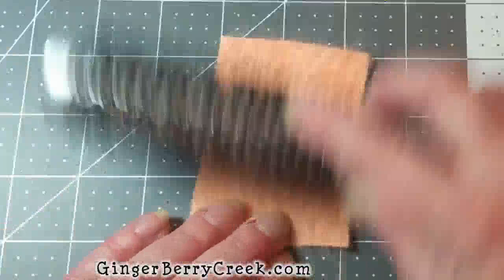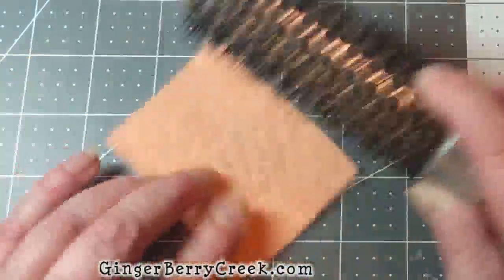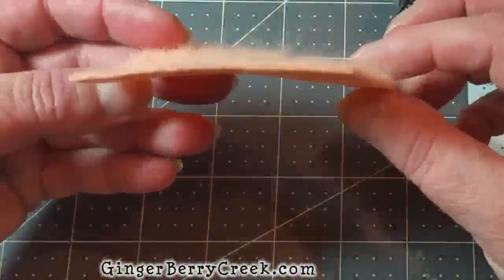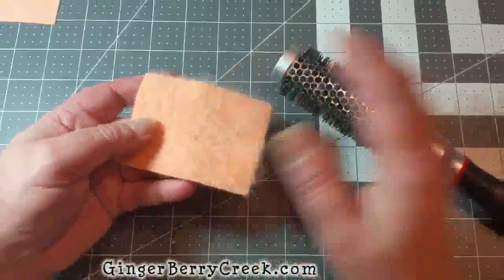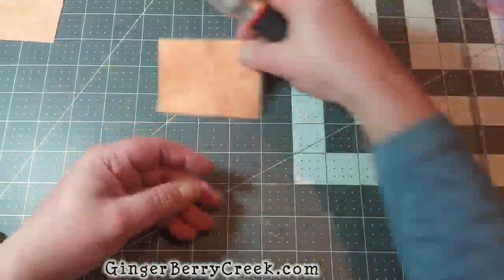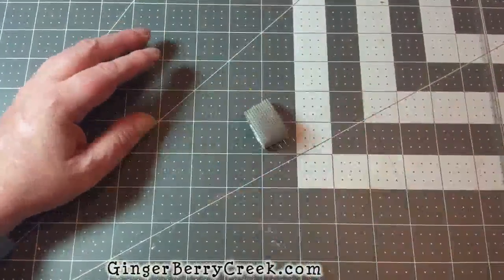So, like I said, these are just three common household ones that you can use. Be sure that they're new because you don't want to be using a used one. But there's that fuzzy look, and that's a lot more than the previous two that we did. So those are the first three common household tools that you could use to get this effect. The next three tools are actually felting tools,